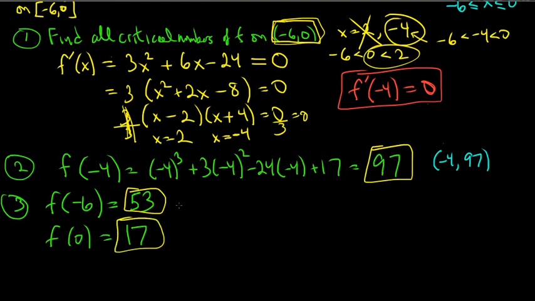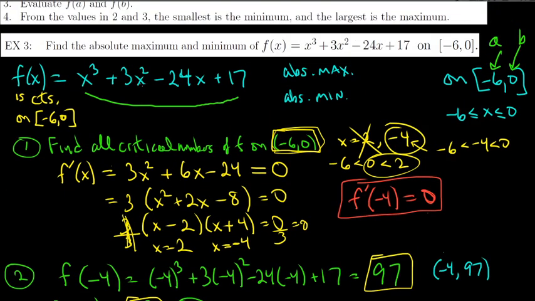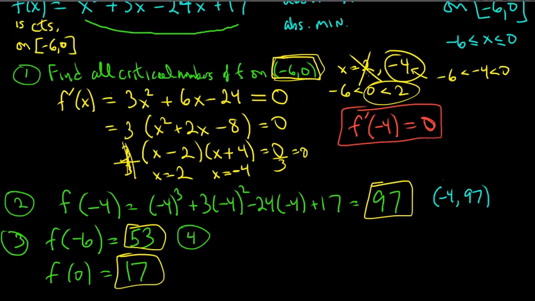Okay. So in step 4, find the smallest and biggest. So the largest number out of these three numbers, and it might help to write them in order, right? 17, 53, 97. We want to find the biggest and the smallest number. Well, the biggest number is 97. So that's your absolute maximum